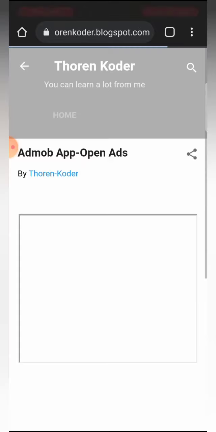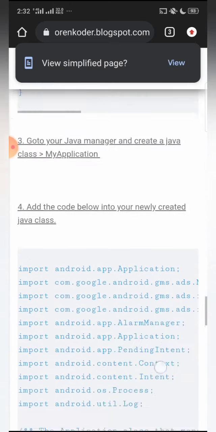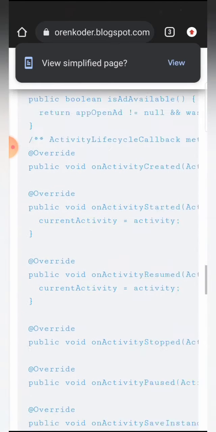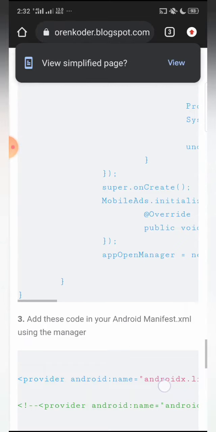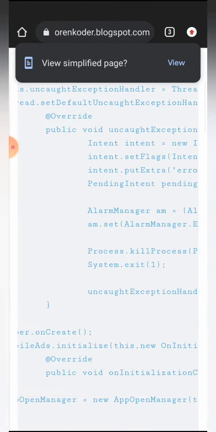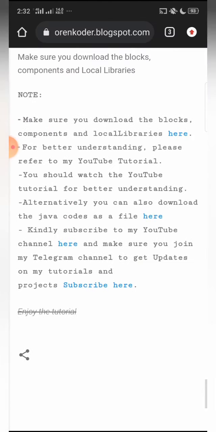So back on my blog, there are two things we have to do next. We have to create a new application class and an app open manager. So for that, you can actually copy the code here, but since I don't want to waste time, I'm just going to download it, then import it into my Sketchware project. So here,